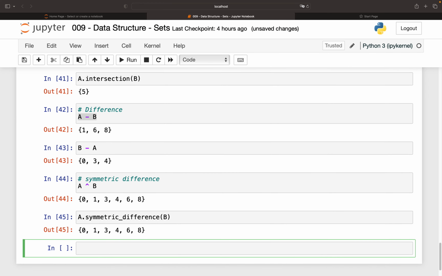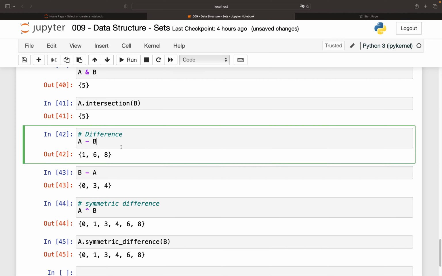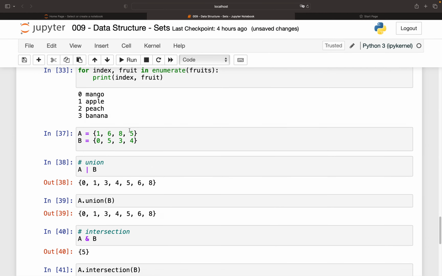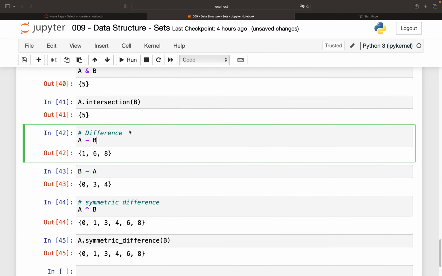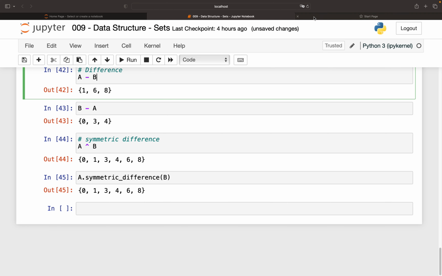So these are a few which we can look into. Generally we use intersection, unions and stuff like that. However, there are, if you go to